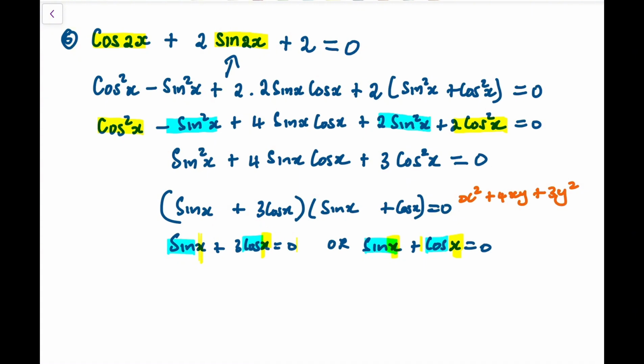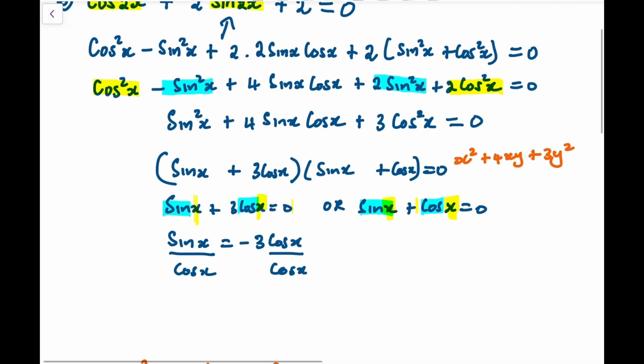Let me start by transposing. This is the same as sine x is equal to minus 3 cos x. If I divide by cos x on both sides, now I have an identity, so this is the same as tan x is equal to negative 3,